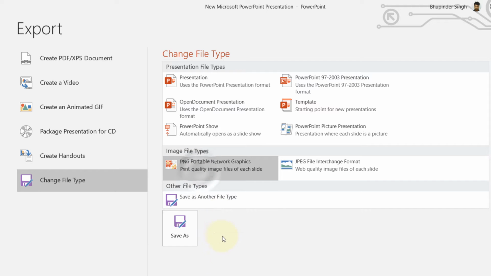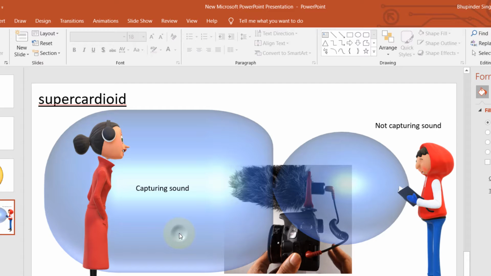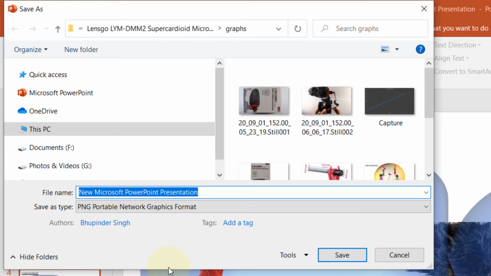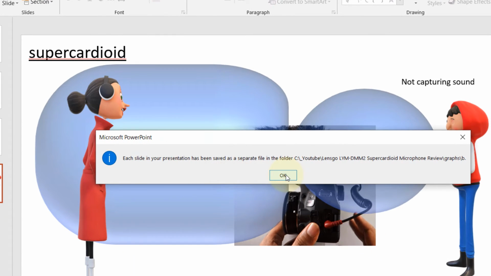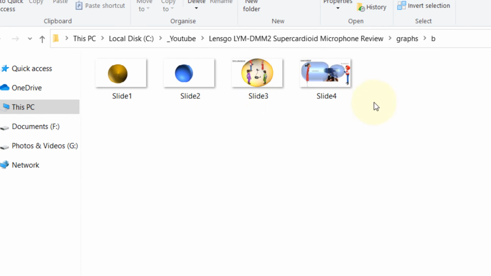So if I select it and then click on Save As, you can give a new name. And once you click on Save, it will ask you whether you want to save all the slides as images or just the current slide that you're on. So if I select All, then click on OK, it creates a folder and it saves all the slides